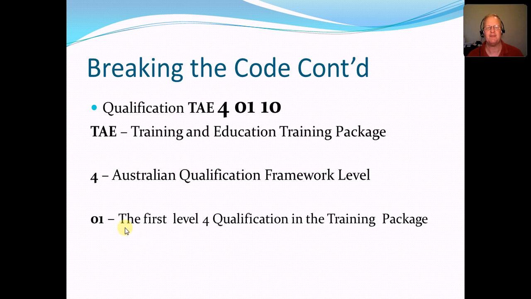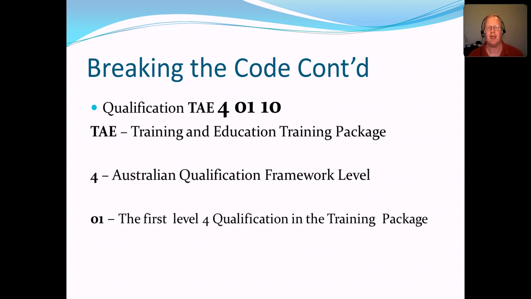We then go to the next part of the code, which is 01. The 01 represents that this is the first level 4 qualification in the training package. Within this training package there may be a number of Certificate 4 qualifications, and this is the first, represented by 01. As I said, if there was another